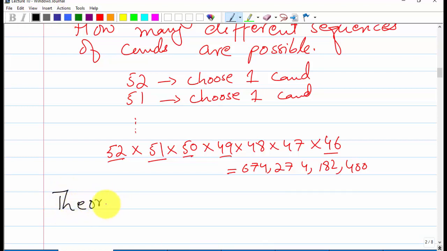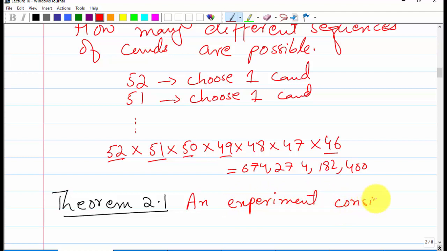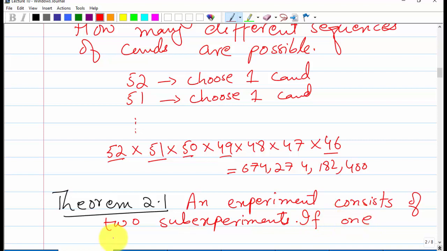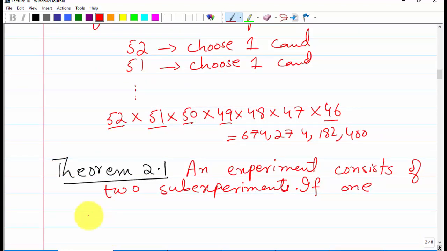We can write it as theorem 2.1, and this states that an experiment consists of two sub experiments. If one sub experiment